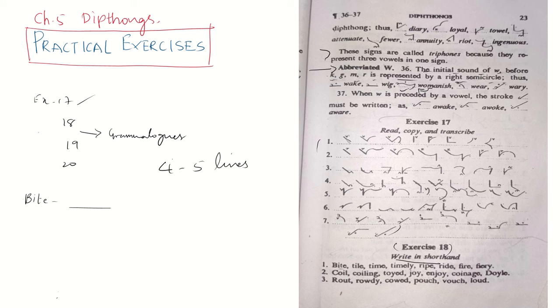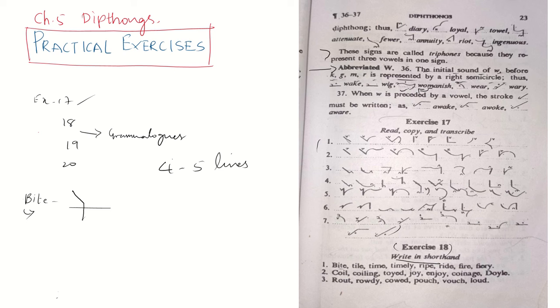Yes, B should be written above the line, because the first up or down stroke should be taken into consideration while writing the outline, that is, above the line or on the line or through the line. So here B will be written above the line. After that, without lifting the pencil, immediately write T. Am I clear?